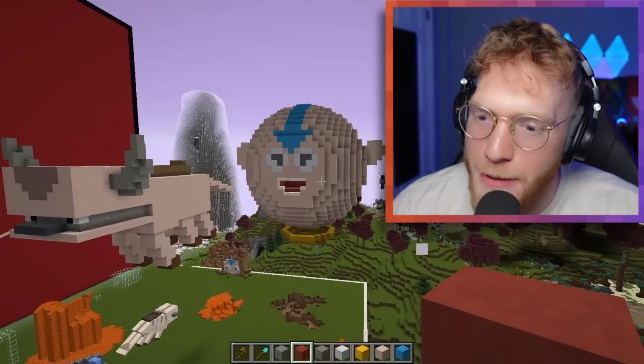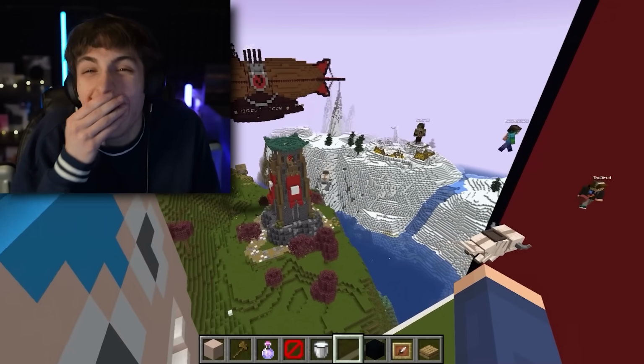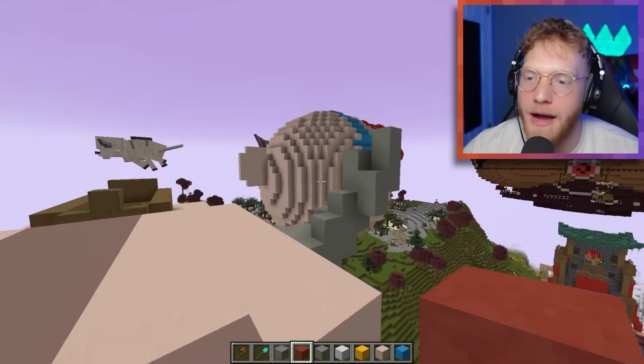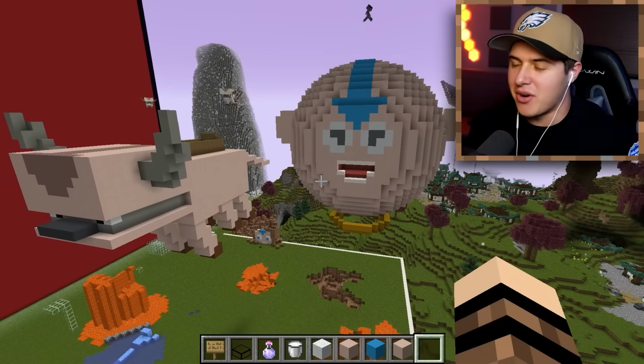Whoa, wait, that's my build! Wait, what? Alex, shut up. I built that! Oh, wait a second. Appa's right here too. Oh my god, Adam, you built Appa again. See, look, here's my Appa and my Aang. This is my Aang. Alec, we're looking at my build first. Let's rate my build. Adam, I'm giving your build